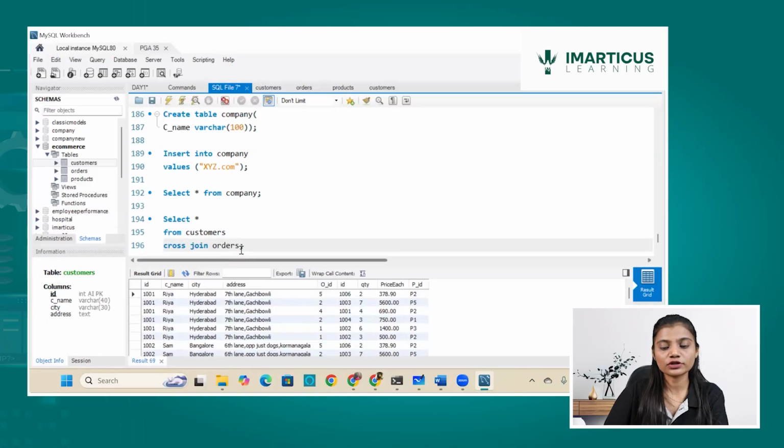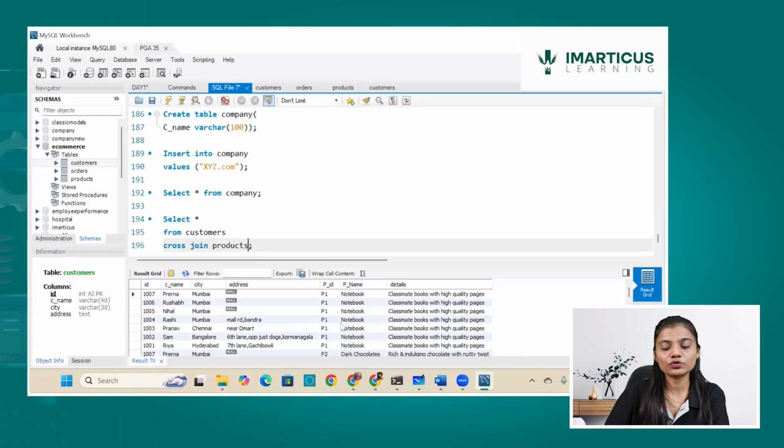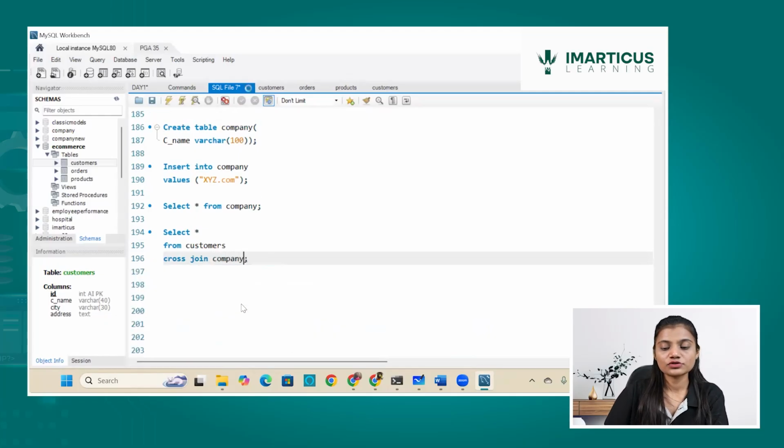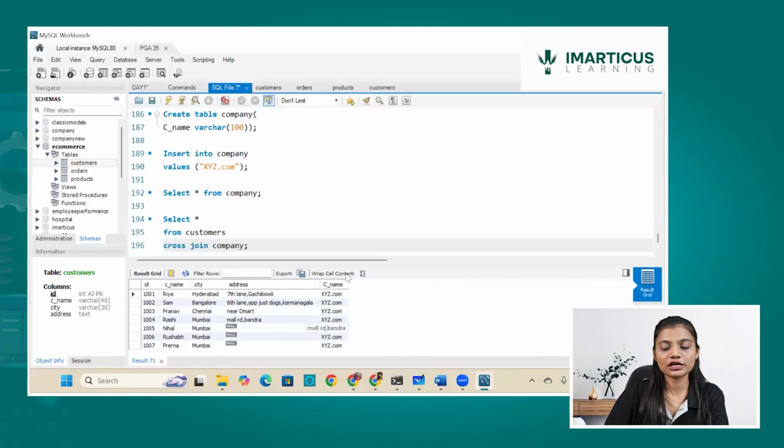Instead of cross join orders, I can write cross join what? Products. So it will cross join the products which are there, and the company. So here you can see each data is being associated with the name of the company. So this is how I can do it.